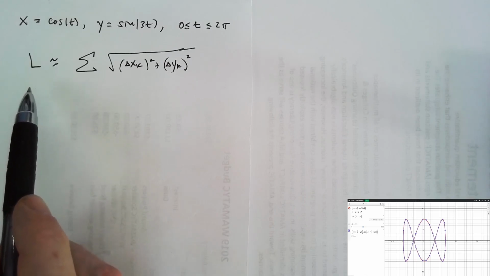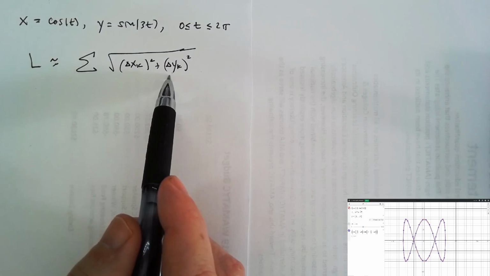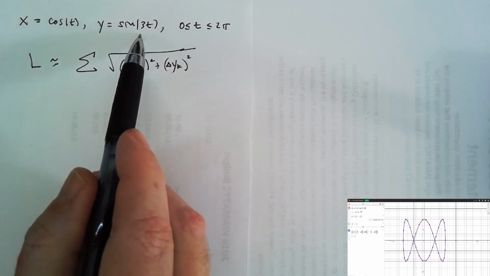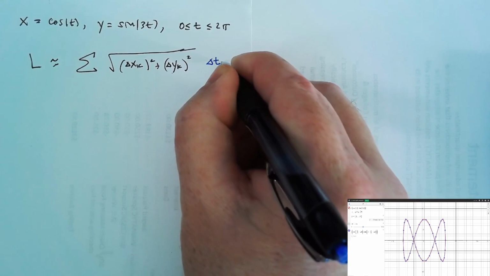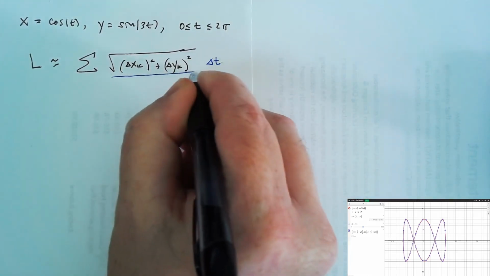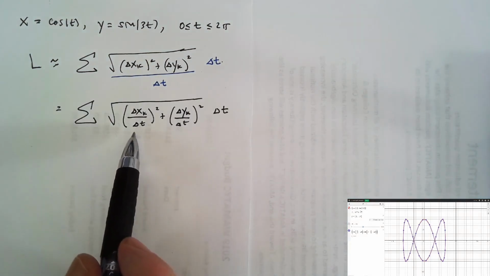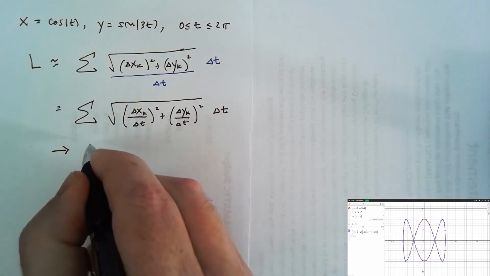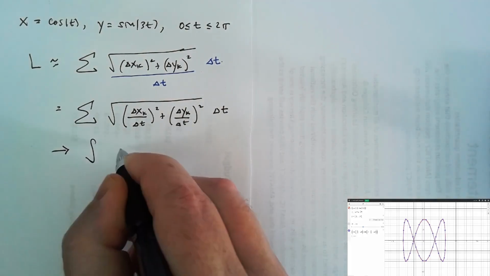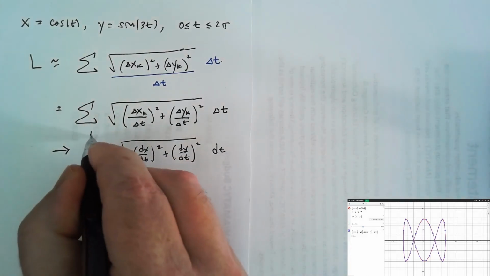Once again, we approximate the length of our curve by the sum of the distances as we go from point to point. This is exactly what we had before, except now we have functions of t. So when we do our wishful thinking, we want a delta t out here, and then we want to divide by a delta t down here. Moving the delta t inside the square root, we get this, which resembles a Riemann sum. And skipping a couple of the technical details, we get this integral with t going from our starting value to our ending value.